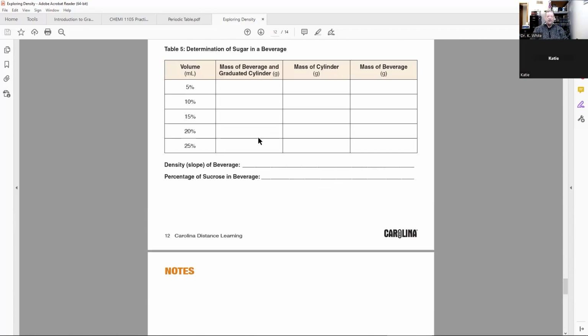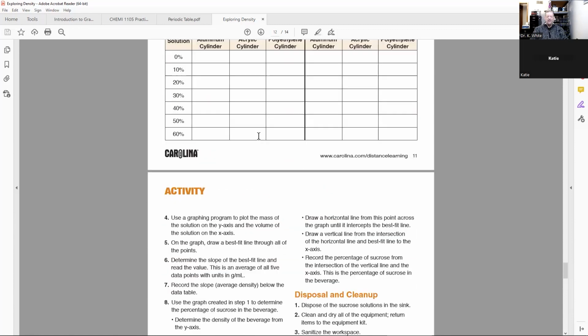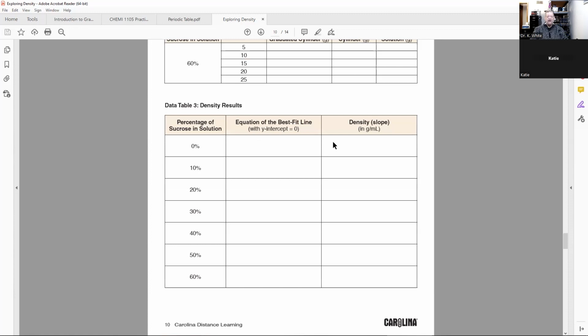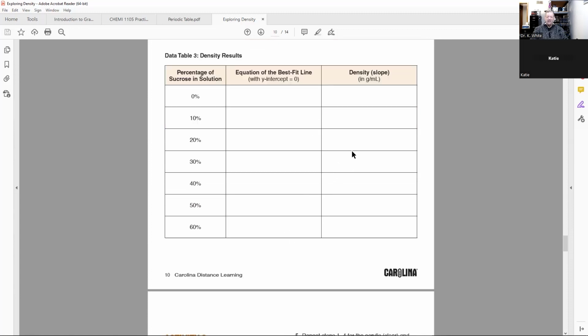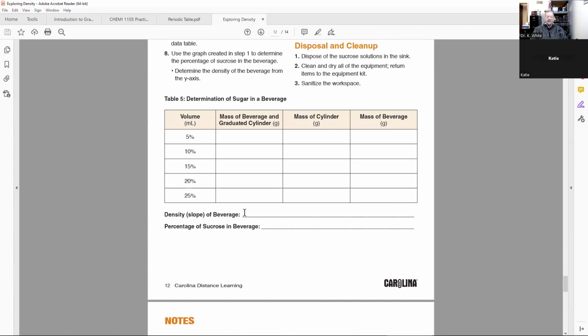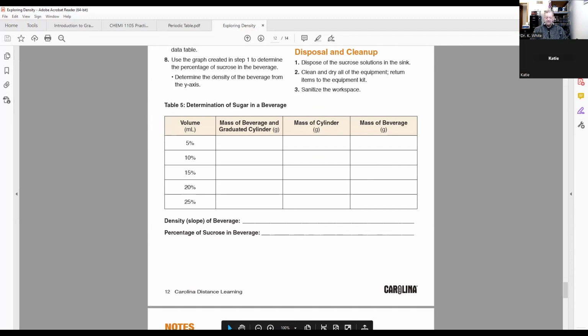And then you can look at the different densities from table 3 and see which of these densities is closest to the density of the pop, and that will tell you the percent sucrose. And that's today's lab. Now, if we look at the write-up,